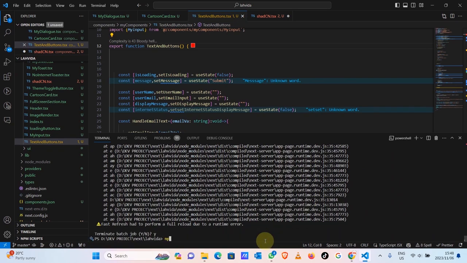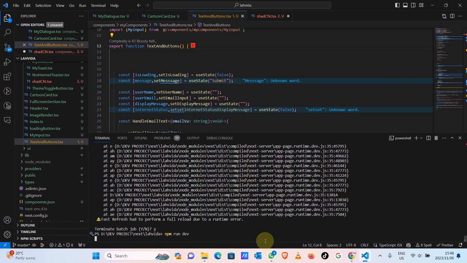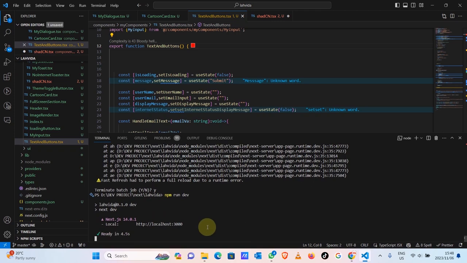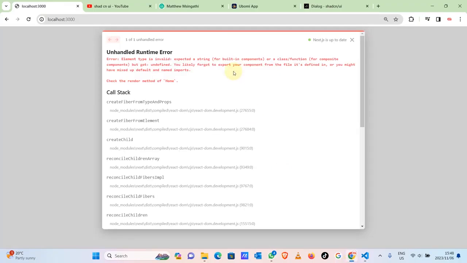npm run dev. This is supposed to be the easiest thing I have ever done. It looks like it's taking some time, but no problem. I'm used to errors, and now I love them. This is a very careless and simple error, but I'm in a hurry. Check the render method of